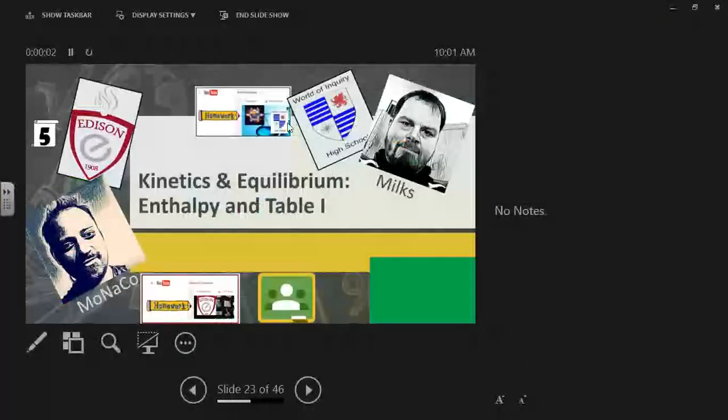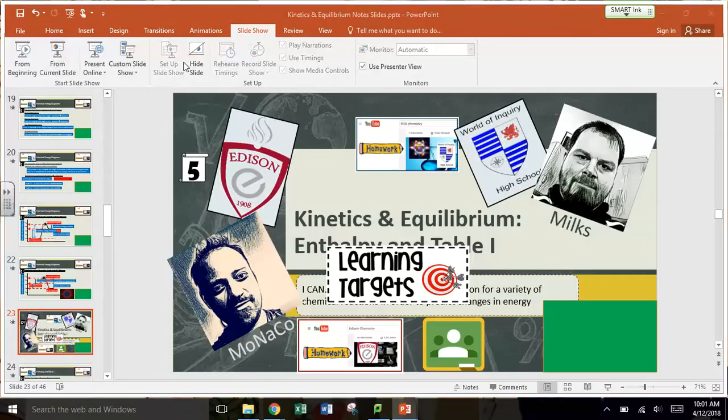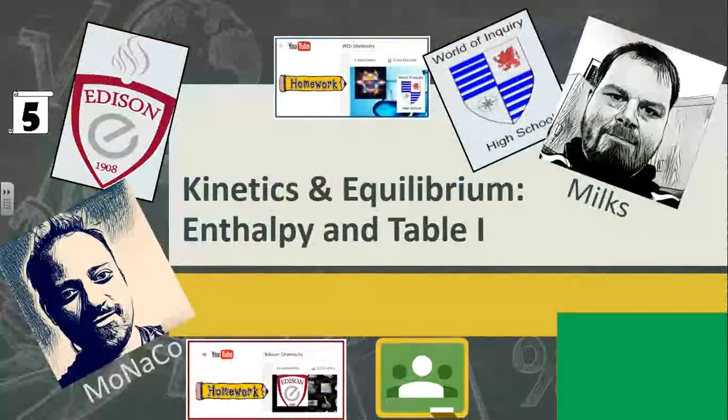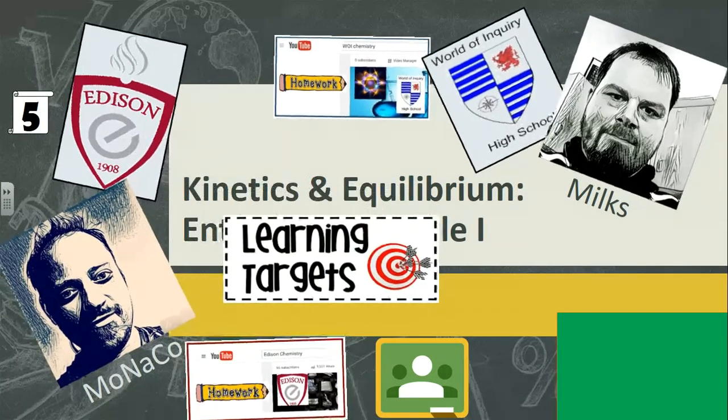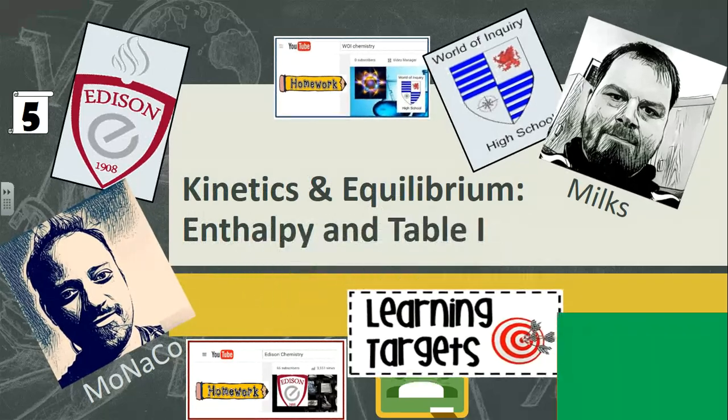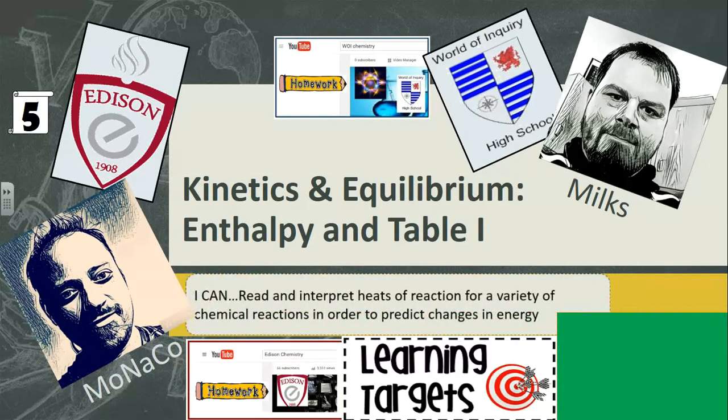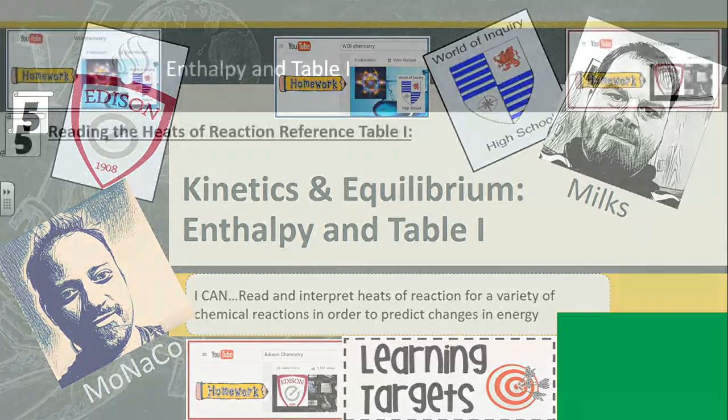Browser, but we're going to do lesson 5 for kinetics and equilibrium. So we're focusing on enthalpy and reference table I. Okay, this is our target. We want to be able to interpret those reactions for increases and decreases in potential energy based upon their delta